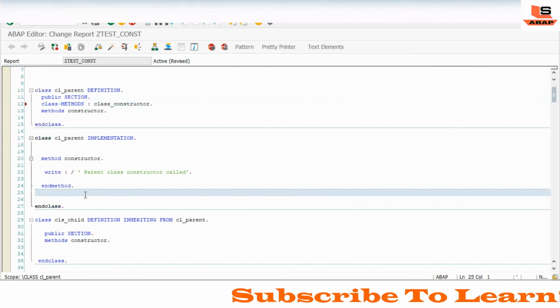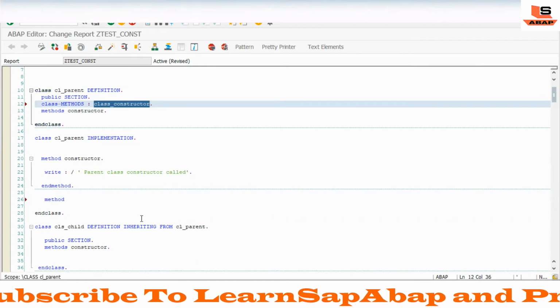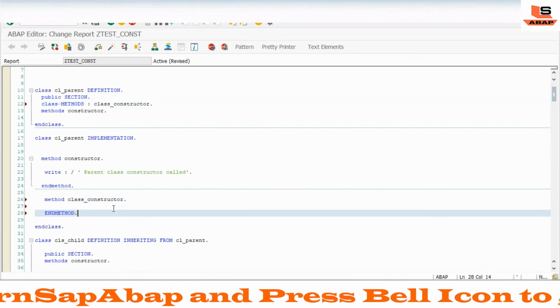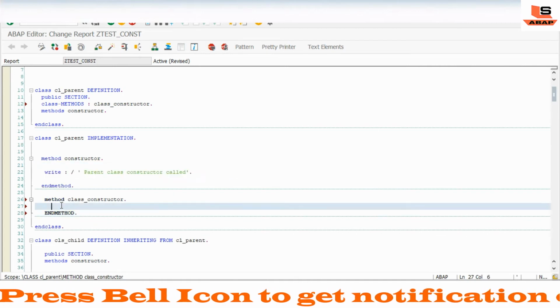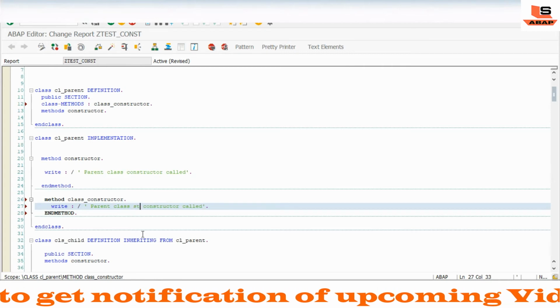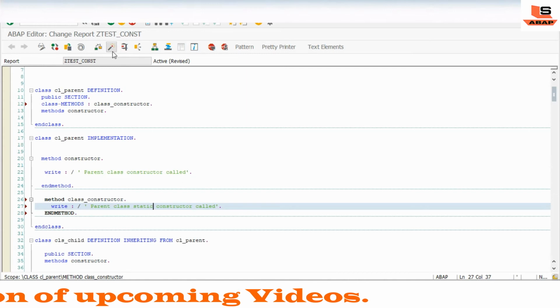So we will implement this method, class constructor, with the end method, and here we will write parent class static constructor call.